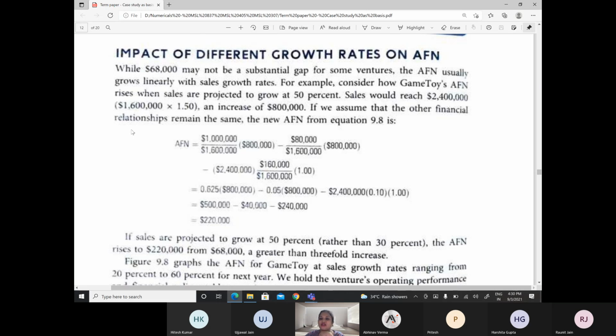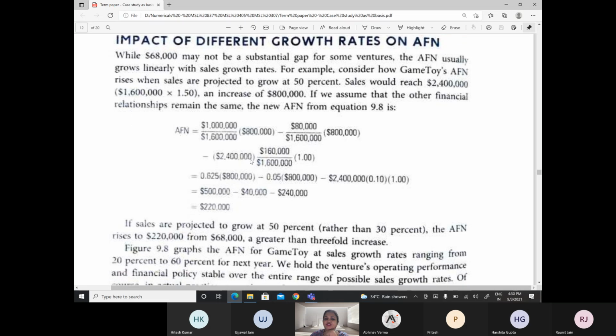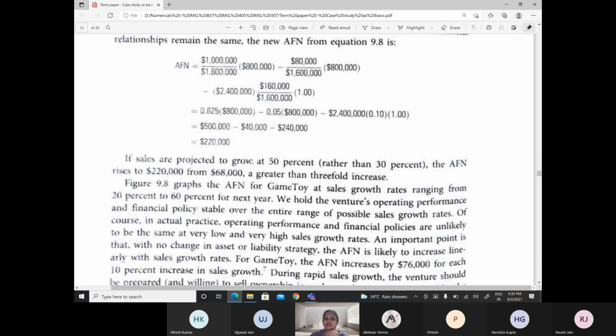So sales would now reach 2.4 million, which is 50% of 1.6 million, an increase of $800,000. If we assume that the other financial relationships remain the same and we substitute 800,000 over here instead of 480,000 that we were doing initially, the AFN rises to